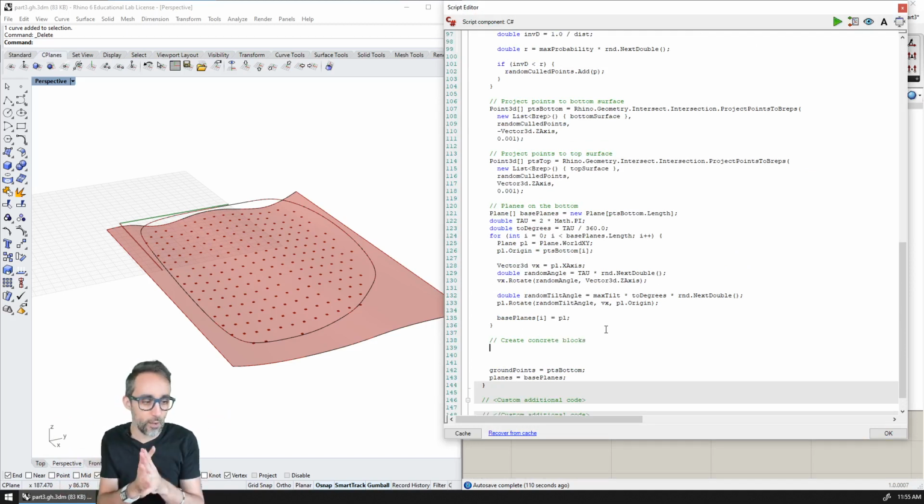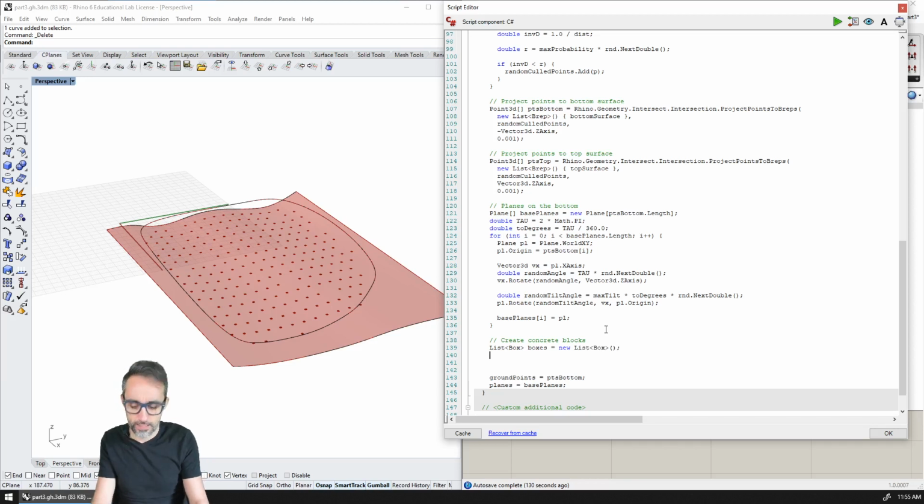Now, should I create a list or an array? It doesn't really matter. You choose one or the other. I'm just going to use a list at this point because it's kind of late and I'm a little lazy. So I'm going to create a list of boxes, boxes new list, and now I'm going to iterate over each one of the planes that I have designed before. So for each plane PL in base plane,